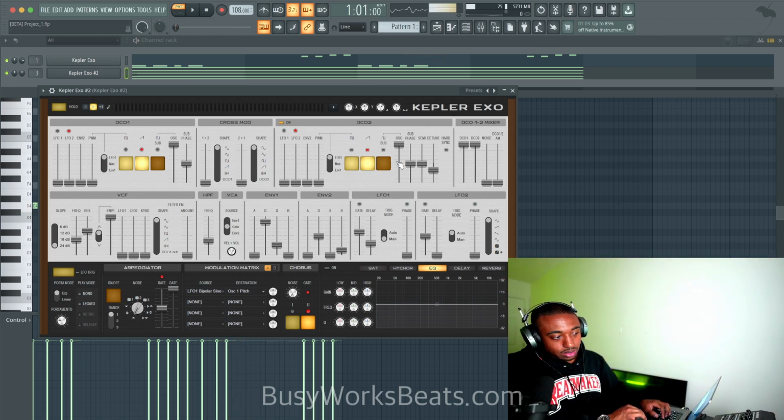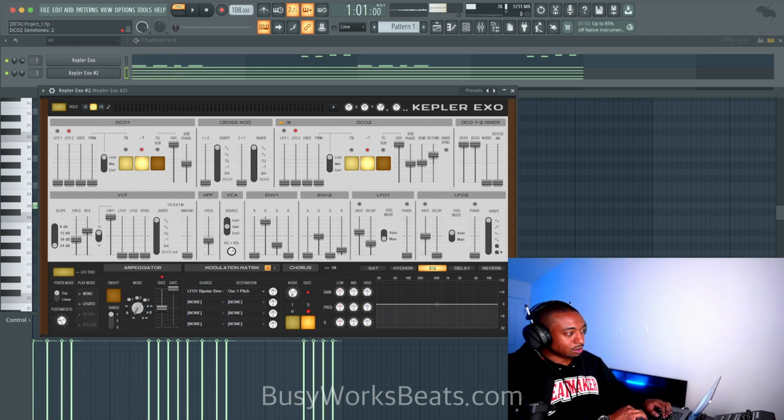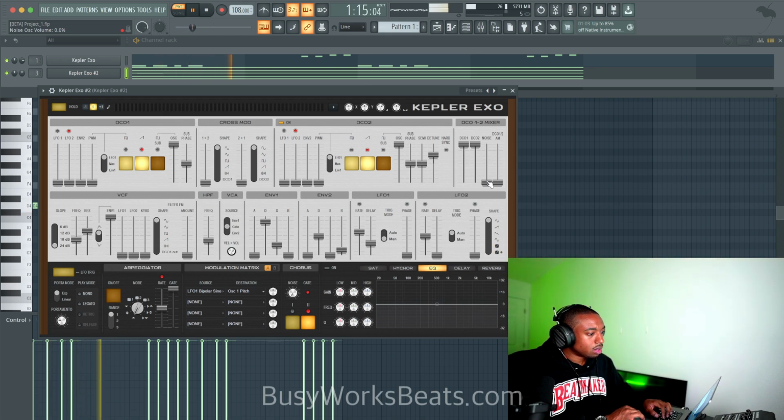Let's add oscillator 2. So kind of add like a detune effect, and let's detune this. Now we get more of a deeper sound in the saw. You could also set it to semitone values. But for this, we're not going to do that because that's going to create confusion for you. There's also noise you could fill in to fill out the sound a little bit more.